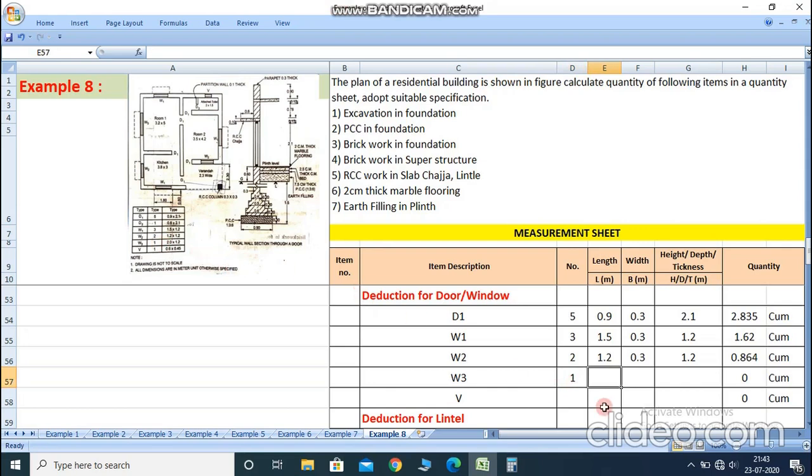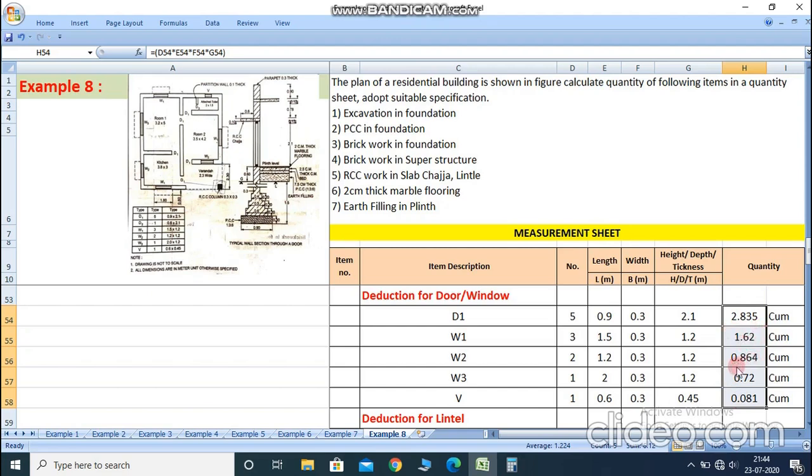Length is 2, so right here only 2.0, and then width is 0.3, the wall thickness, and height is 1.2. Then ventilation: here only a single ventilation is provided, so right here 1. The size is 0.6 by 0.45, so length is 0.6, width is 0.3, and height is 0.45. So now the deduction of the door and window is the summation of all the values of 2.835,